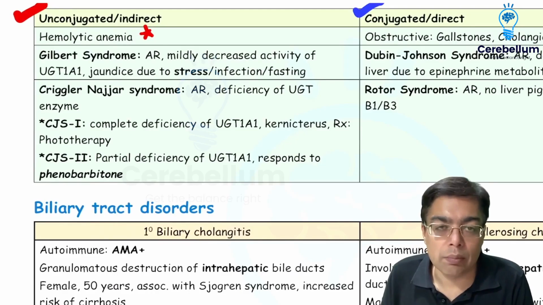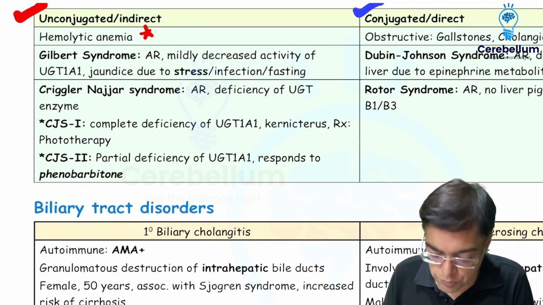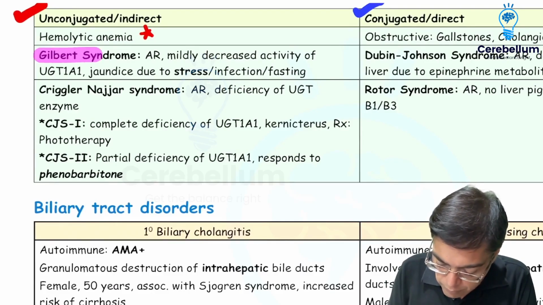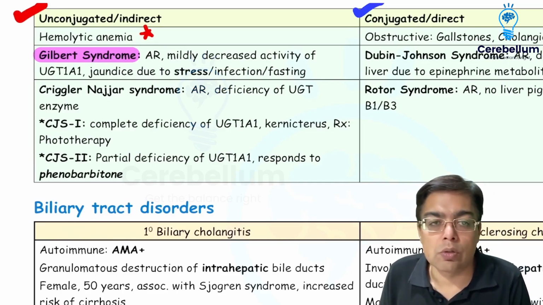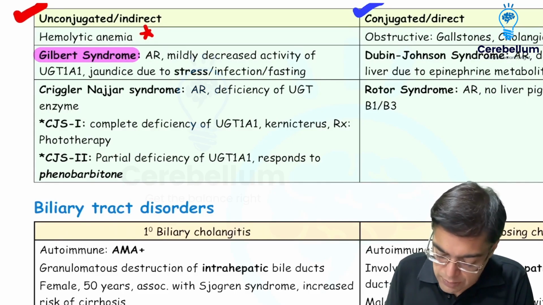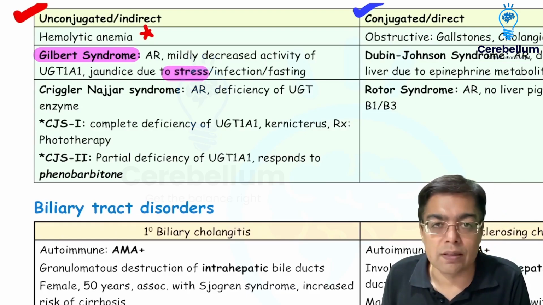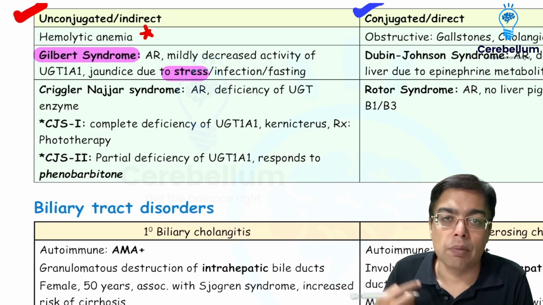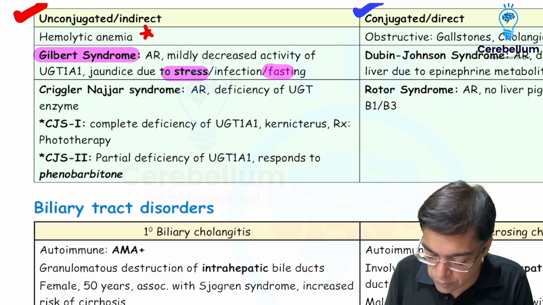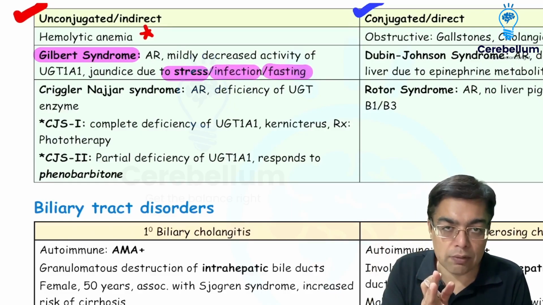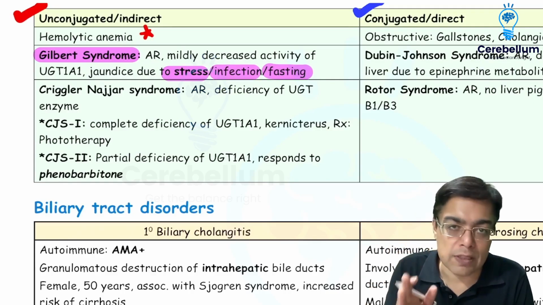But with respect to the exam MCQs, we are asked about certain types of syndromes. One particular syndrome to be kept in mind over here is Gilbert syndrome, which is an example of an autosomal recessive condition in which there is reduced activity of an enzyme called UDP glucuronyl transferase. The patients develop jaundice, particularly in the presence of a stressor, maybe infection, maybe fasting, and typically this is an adult individual. So Gilbert is an adult individual having a history of stress, fasting or infection, and then